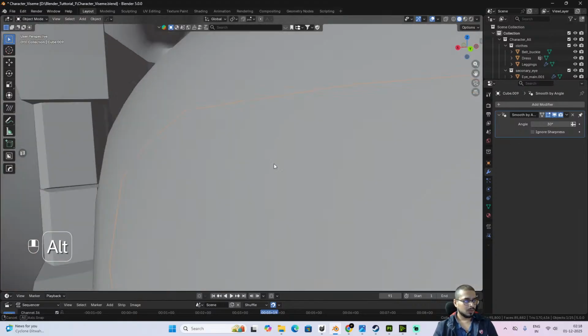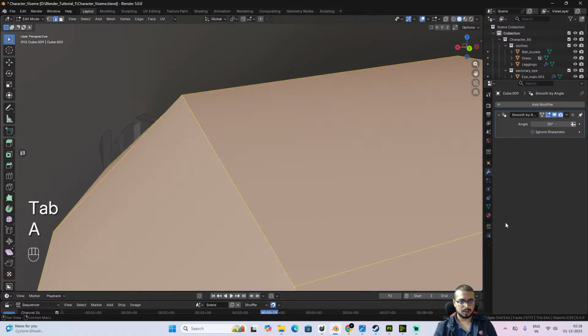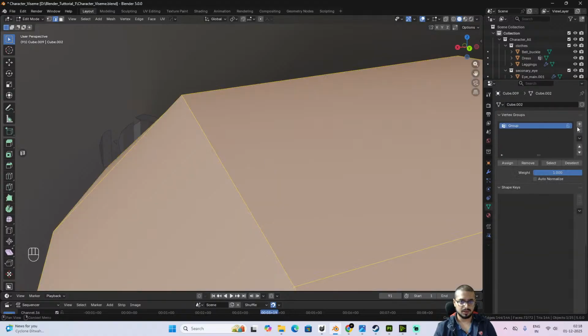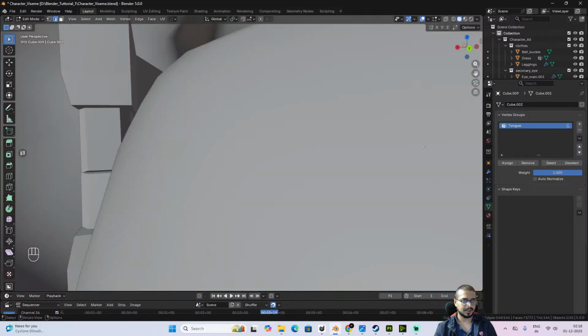Now let's go to edit mode, select all, and we'll create a vertex group called tongue and assign it to this vertex group. To check, we can select and deselect